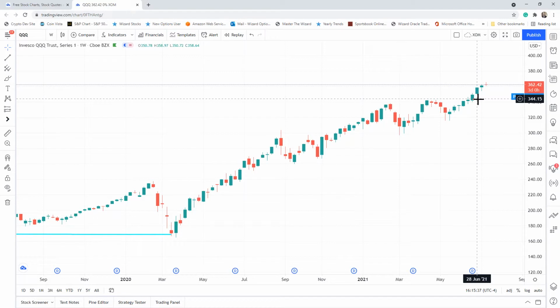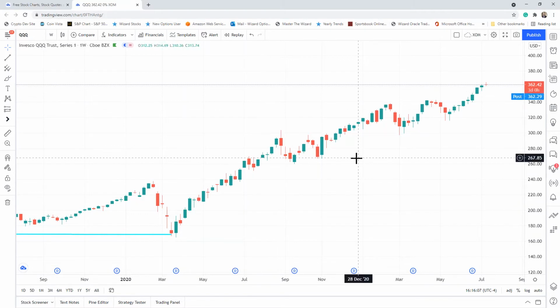Now, the Nasdaq's been the strongest index of the big 4, as I described them, the Nasdaq. You've got the diamonds, which is the Dow Industrial 30. You have the Russell 2K, which is the symbol IWM. And then, of course, you have the SPY, which is the S&P 500. The Nasdaq has been the strongest of those 4, with the SPY being second as far as relative strength. This is where you get a lot of headlines around the Nasdaq and the SPY, okay? But we're not going to get too far down that line.